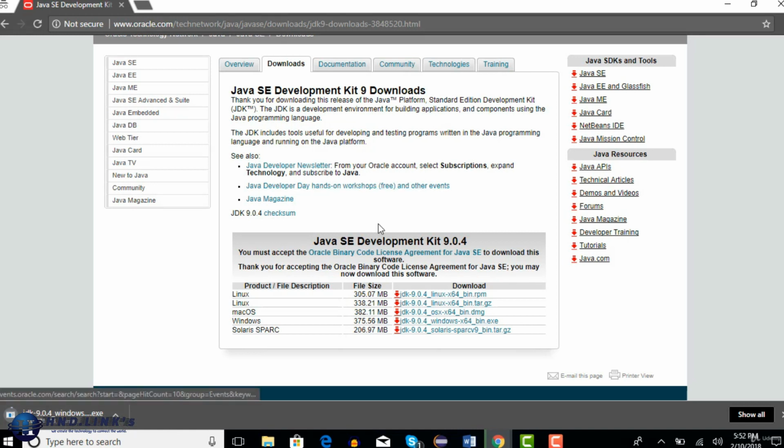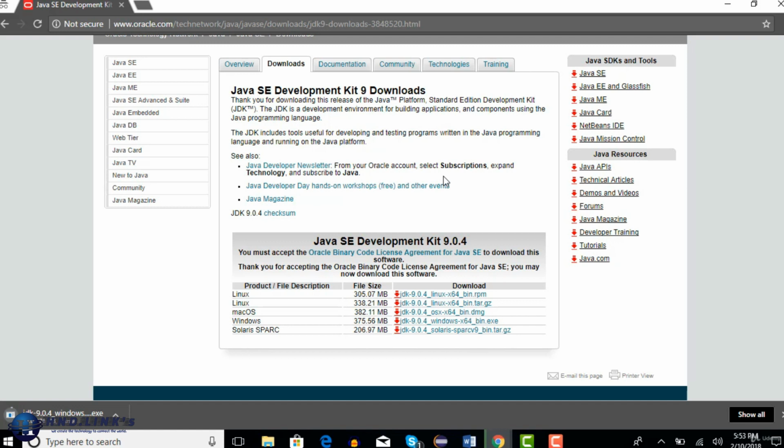Once it starts, it will keep installing some things in the background. You just click next, because the next button keeps appearing while the installation is happening. After 1 or 2 minutes, the complete Java setup will be completed automatically. You just need to click on next buttons to continue the installation. There is nothing else you need to do when you run this .exe file once the download is complete. Once you click next, finally Java will be on your machine.